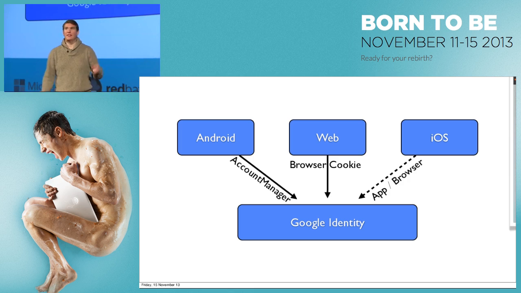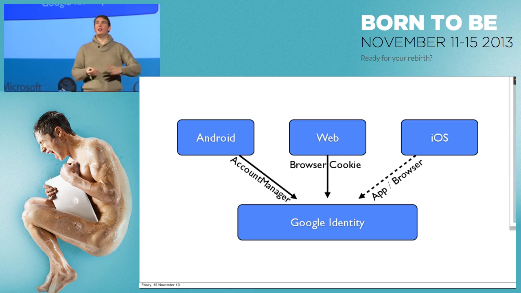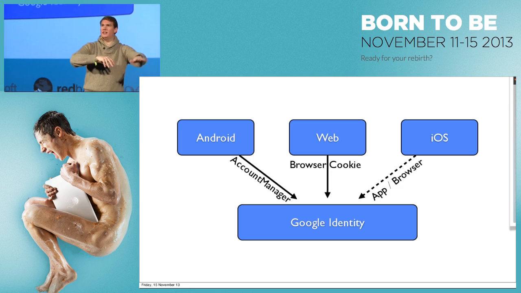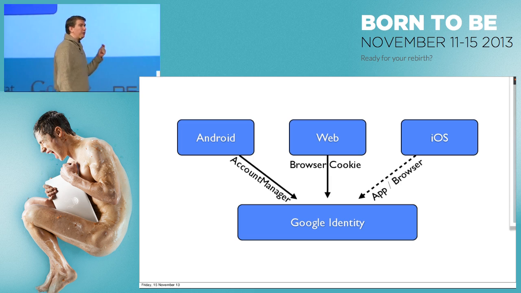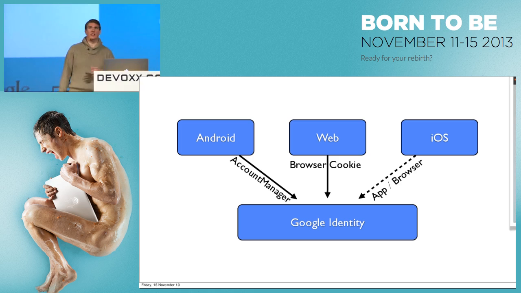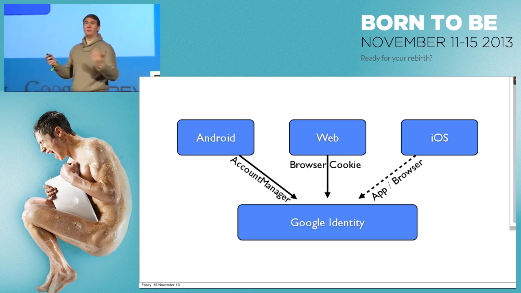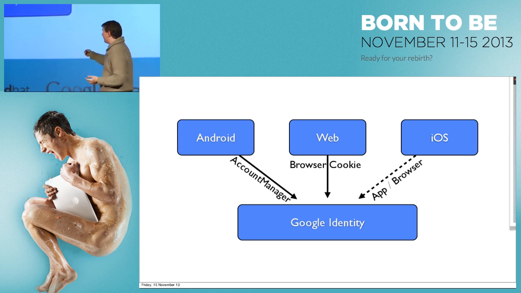So we want to make it so that you do not have to reconsent as a user, even if you're in a different environment. So let's say I'm on my work computer, I sign into a site with Google Plus Sign-In. Fine. I go home, another computer. I've never signed into this site with it. I open the site up, I should be signed in, because I've already consented. Now, the only way we can do that is if we know who the user is, if there's an ambient identity, in the same way there's ambient location from GPS, right? And that's exactly what we have.